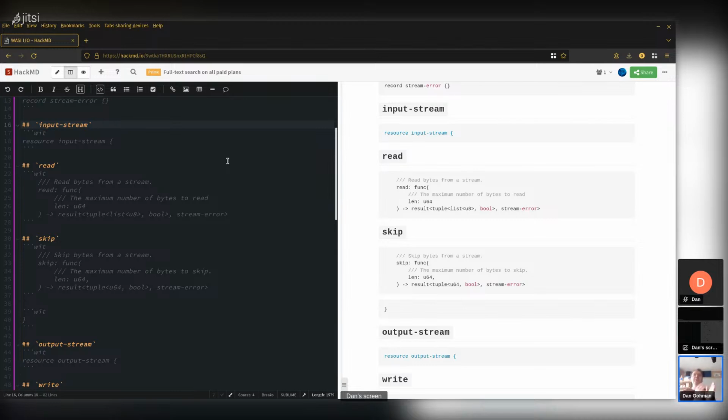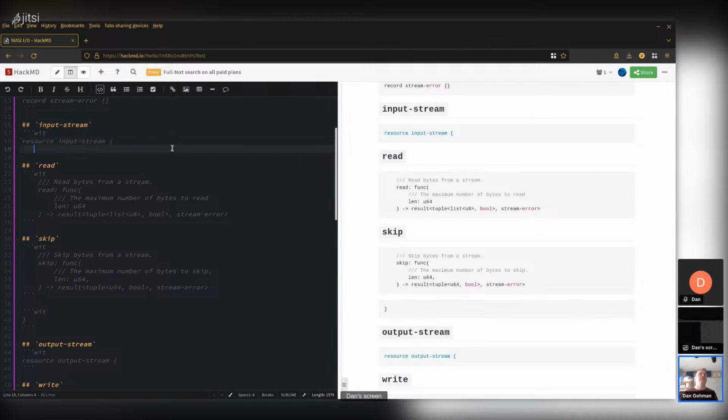But the basic idea of how you're supposed to use them is that input and output are separate handles, not one handle that can do both. So this looks more like standard in, standard out, where you have separate handles, or like pipes, rather than sockets where there's one thing that can do both. And actually, we'll talk about how you can use input stream and output stream with sockets when we get to the WASI sockets proposal. It's at the end of the list of things to do.